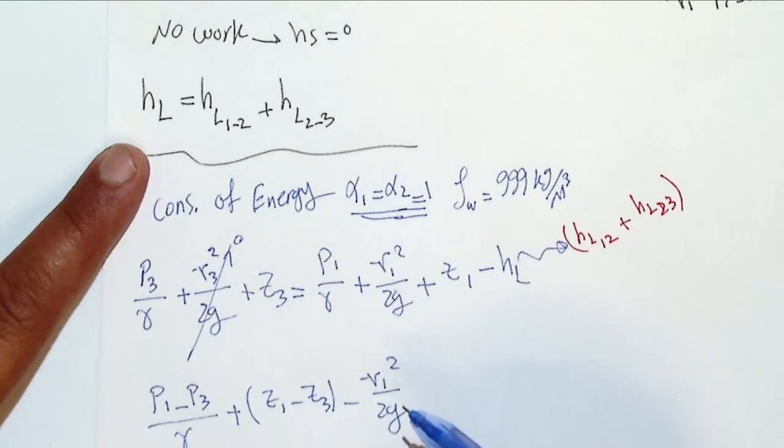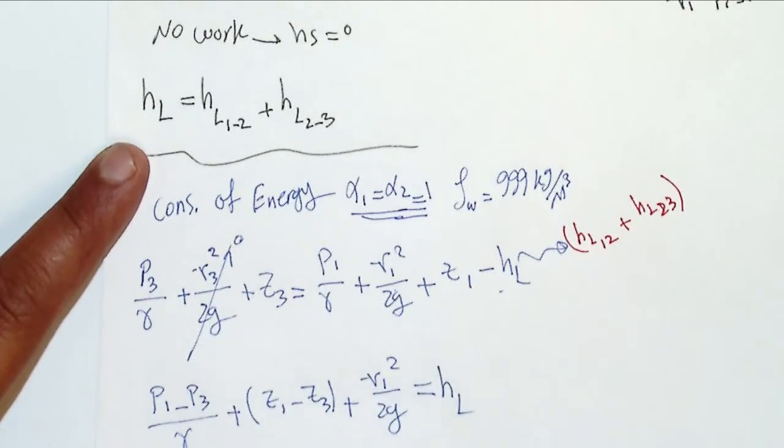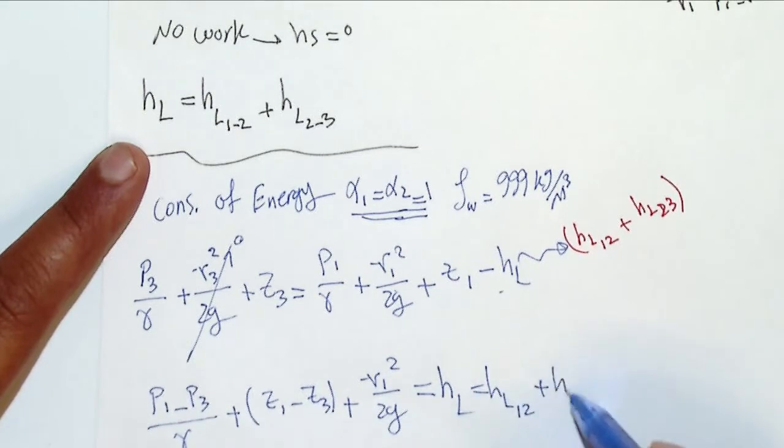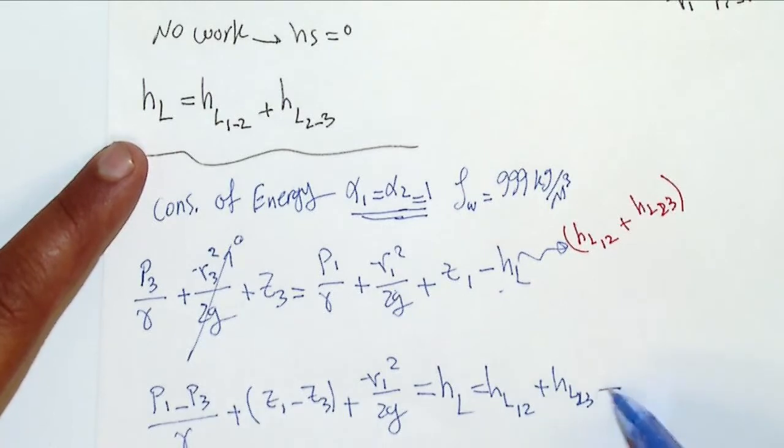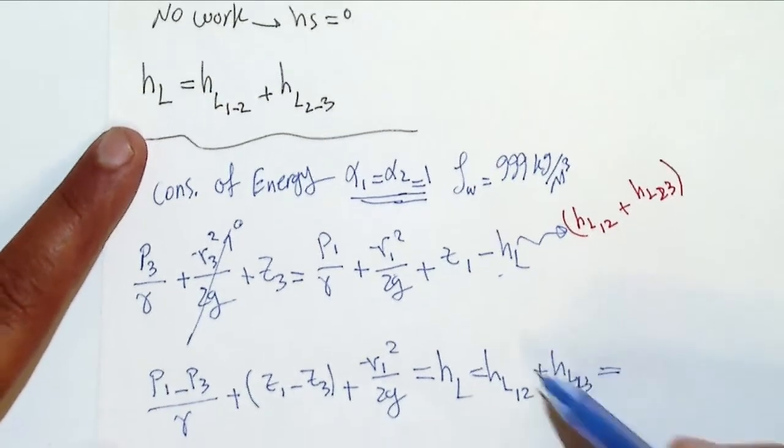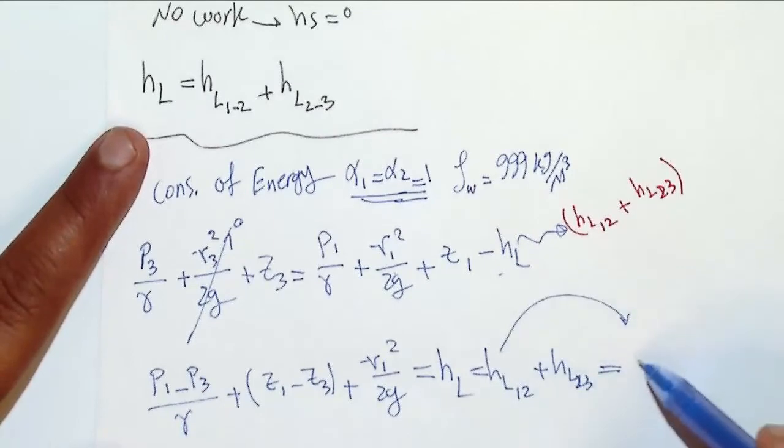Has to be positive, because that's going to be P1 minus P3, Z1 minus Z3, and this is going to be positive, but HL comes the other side, so HL is going to be positive now. Okay, so also HL is HL12 plus HL23. Perfect. So as we talk in the class, HL1 is going to be F, a friction factor of 1,2